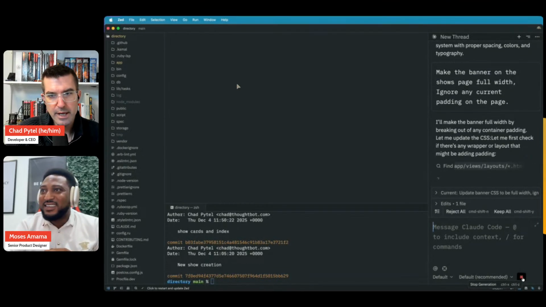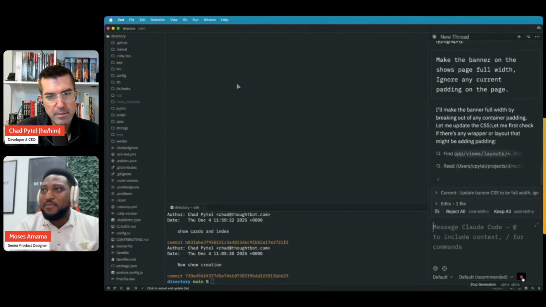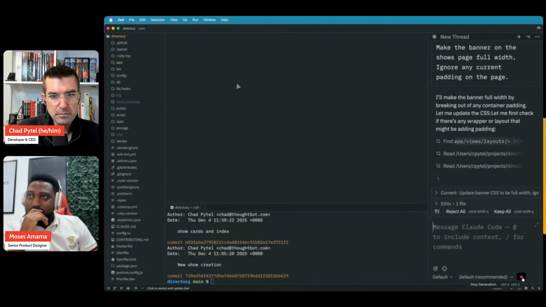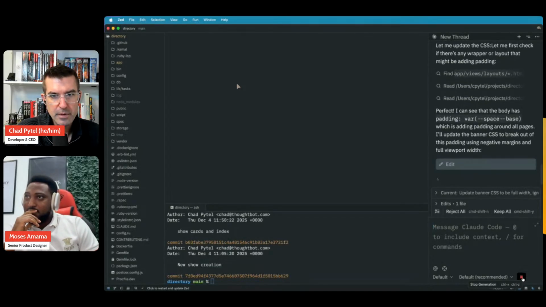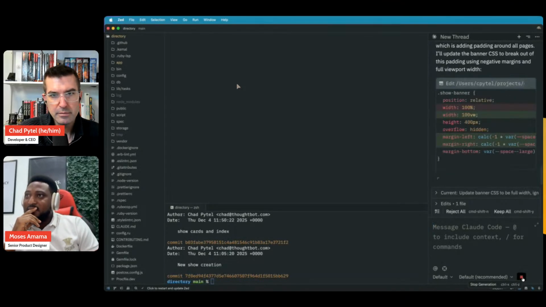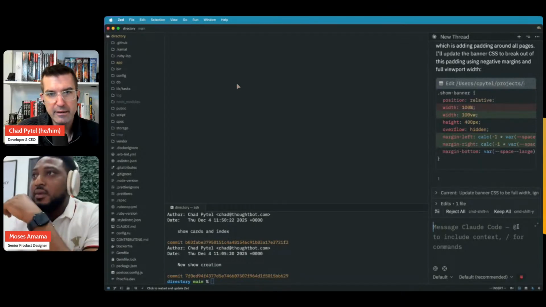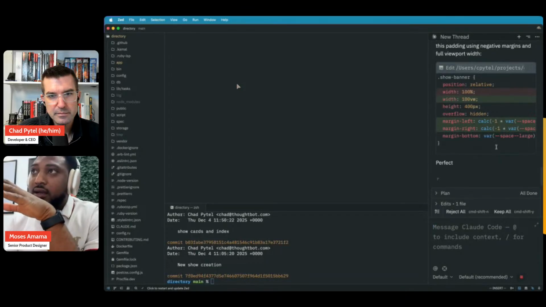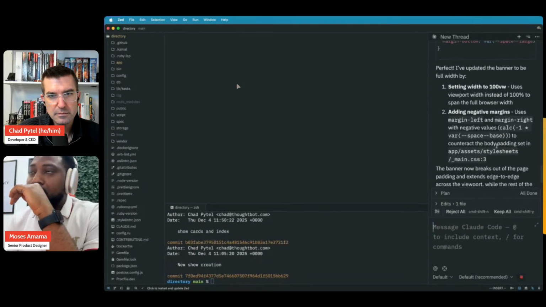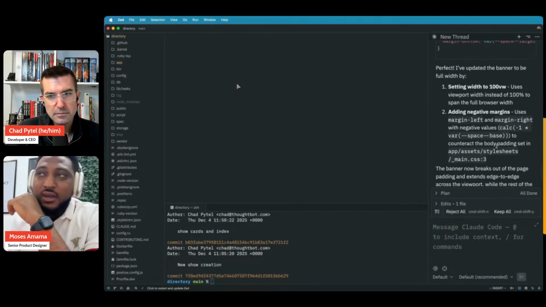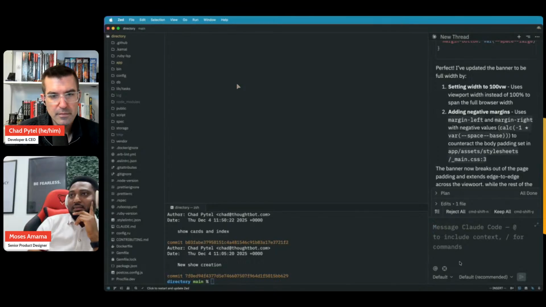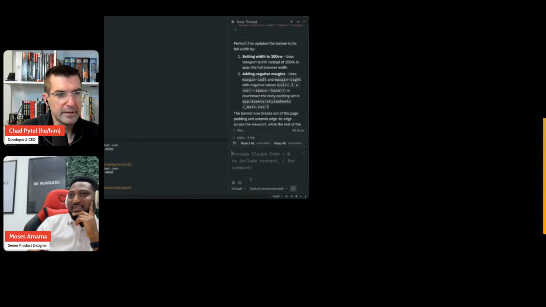Yeah. So it's saying first, let me check if there's a wrapper or layout that might be adding padding. The body has padding, base space, and I think we actually added that last time. So it's giving the image now a negative margin to the right and to the left, so it overflows. Let's see if that works. That's not how I would do it, but